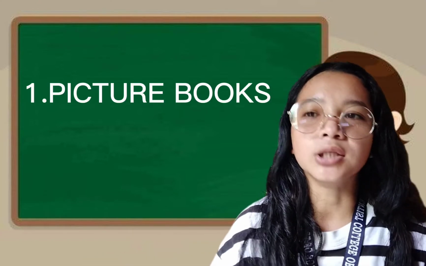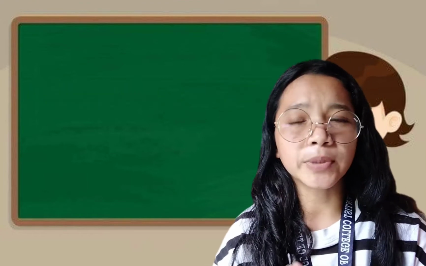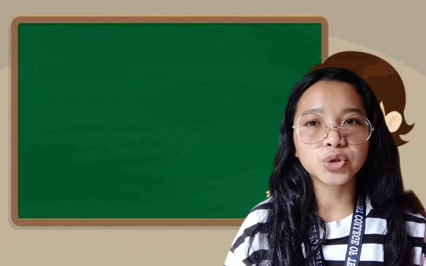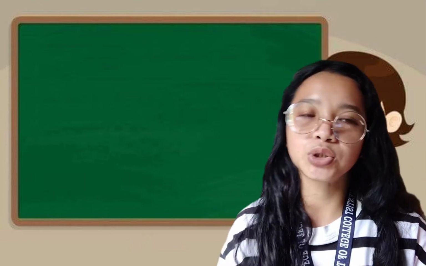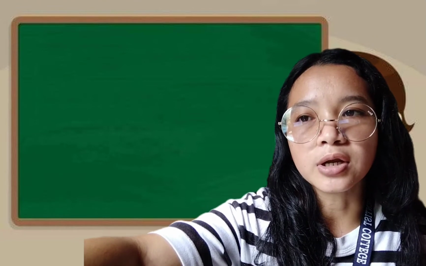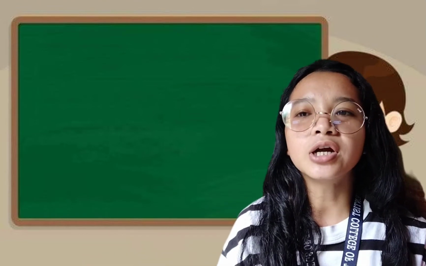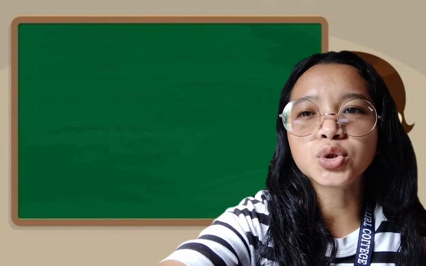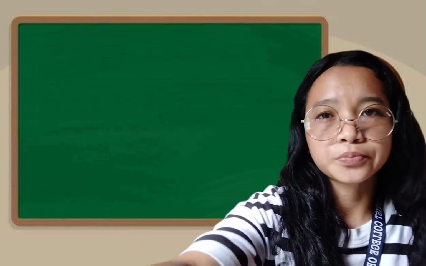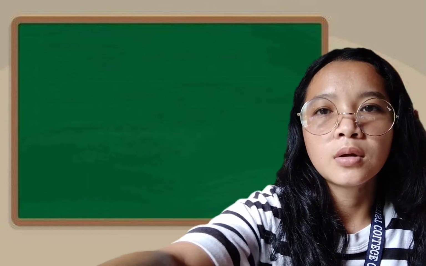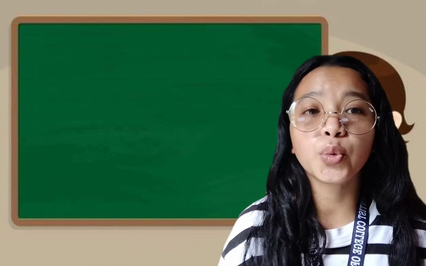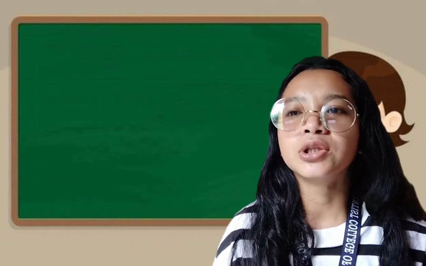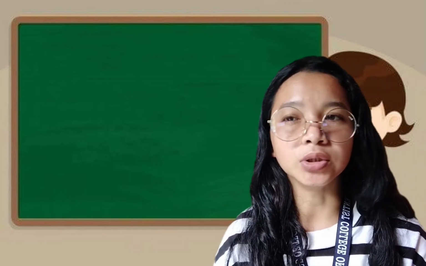Okay, now number 1, picture books. When we say picture books, they appeal to the sense of sight to provide a delightful visual to the reader, using pictures to tell a story. For example, there are children who even love photographs. When he wants a picture of the book, the more he wants to know the book.